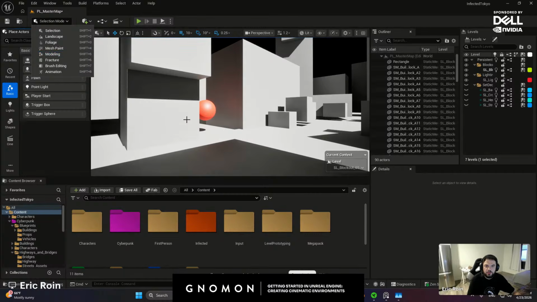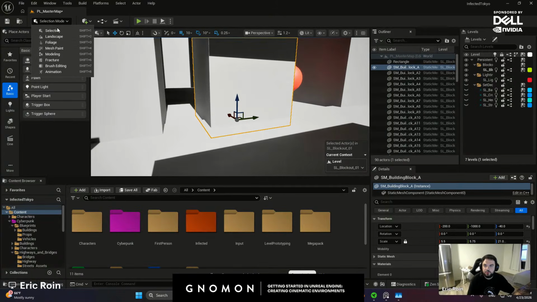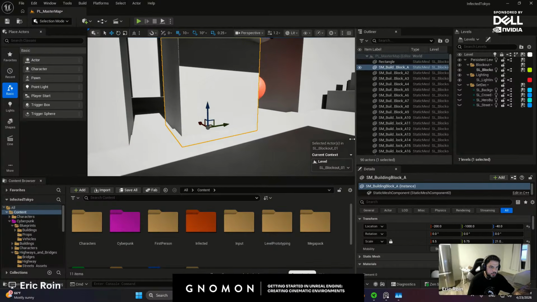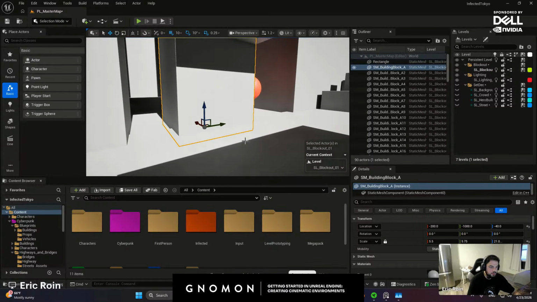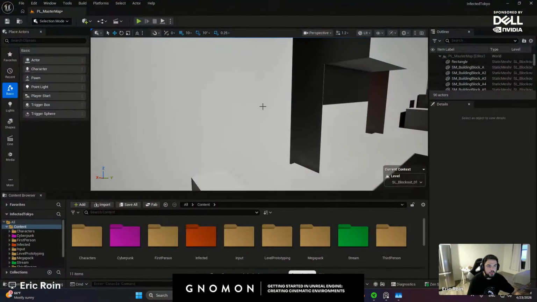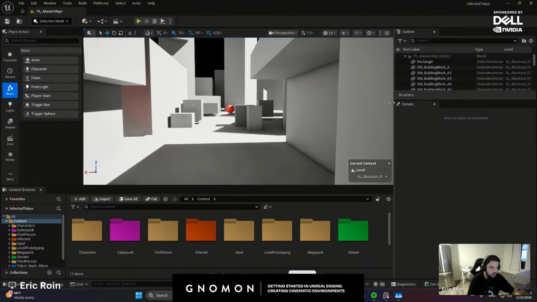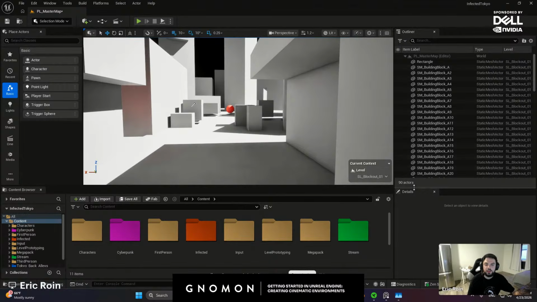So the tool that I primarily used to block out the space was inside of Modeling Toolkit. Actually, before we get into that, I'm sure a lot of you guys already have Unreal experience, but I just want to walk you through my UI. That way we're on the same page. So usually I prefer to use the Unreal 4 Classic Layout. If I go to Window, Load Layout, Unreal 4 Classic Layout, it sets my space here, and it's just a lot more approachable UI, especially if you're just getting started. Unreal 5's default layout gives you a very giant viewport and not too many menus.